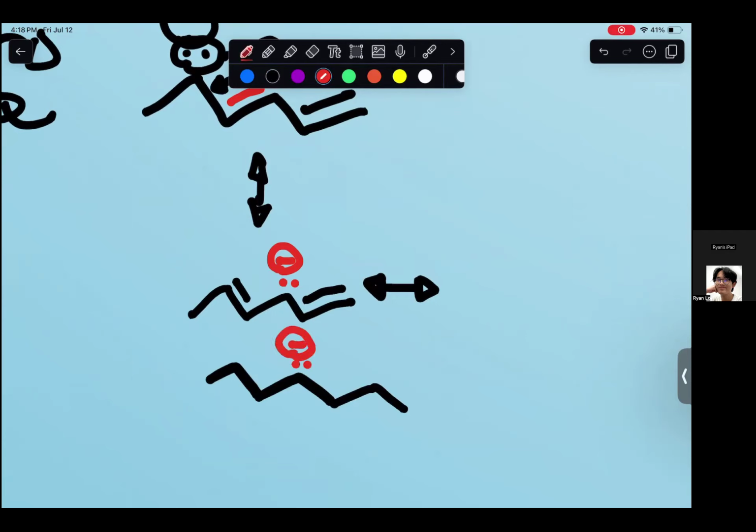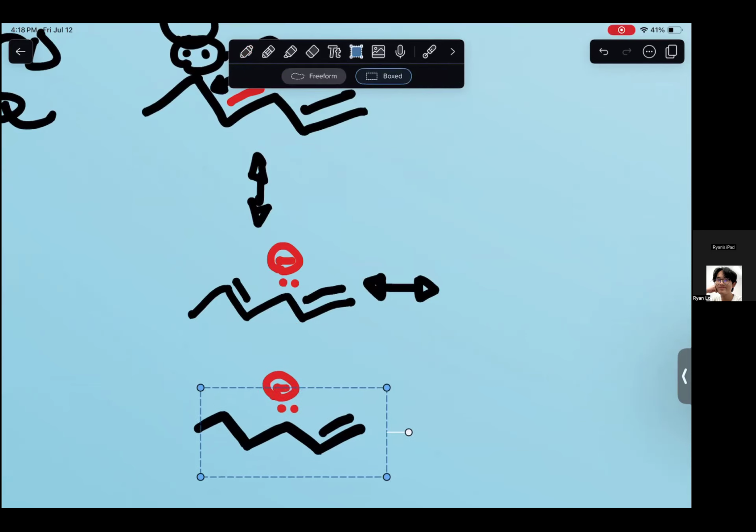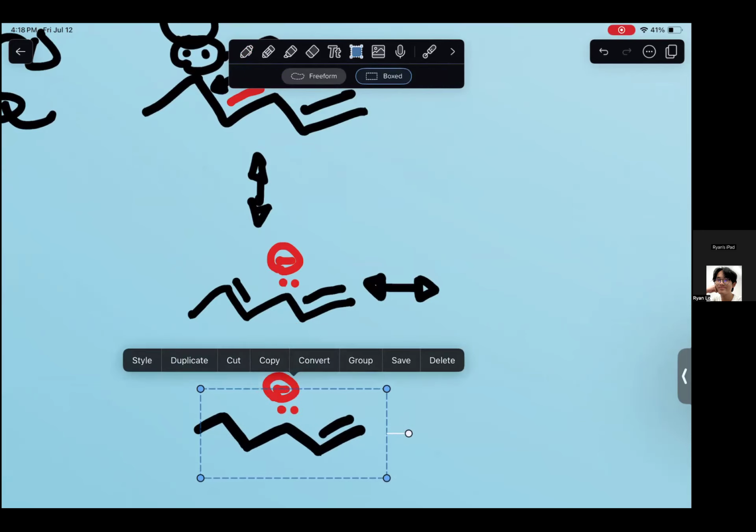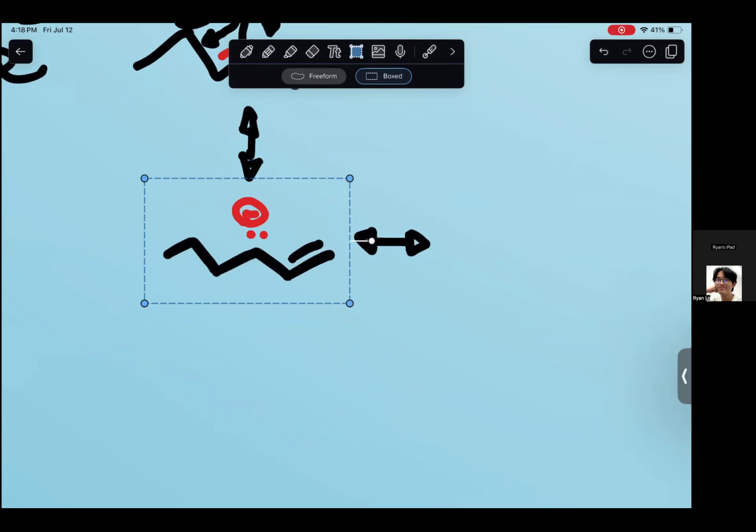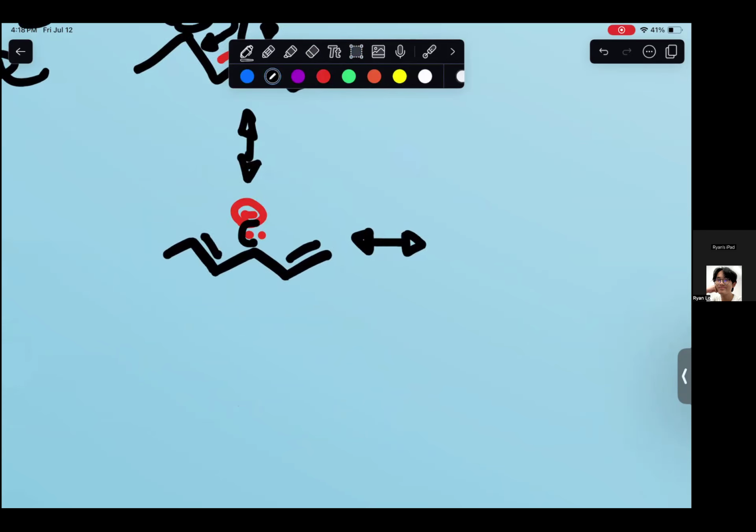So while you're waiting for me to fix everything, oh, and I drew the structure wrong. I just realized I just need one carbon there. Let's do that. So I'll delete this right here. And then I will fix this right here. So this is going to go to,